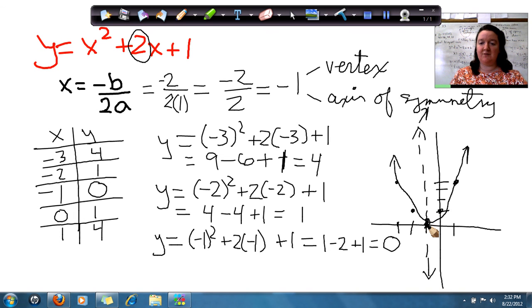And this is my vertex. So I have to get better at drawing on my thing. There we go. That's even better. And that's the answer for question number 21 on page